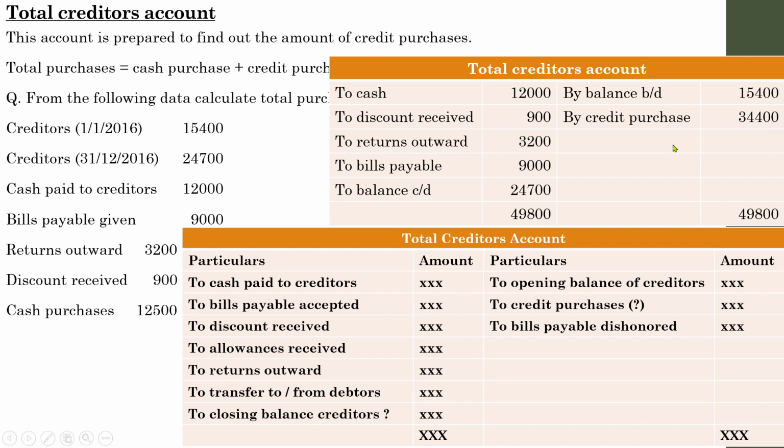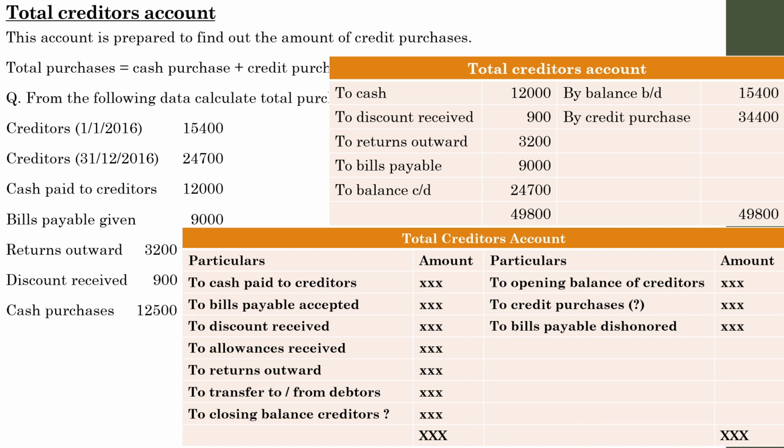If credit purchases is given in the question, make sure opening balance and closing balance is there. We will discuss further adjustments during the practical or essay question time. Right now just understand the concept. So this is how you have to prepare. From main practical problems onwards, you have to prepare total debtors, total creditors, and some more ledger accounts in almost all the questions. So kindly familiarize all the items that appear in an account, because you have to prepare this account in almost all the cases. So these are the details with regard to total creditors.